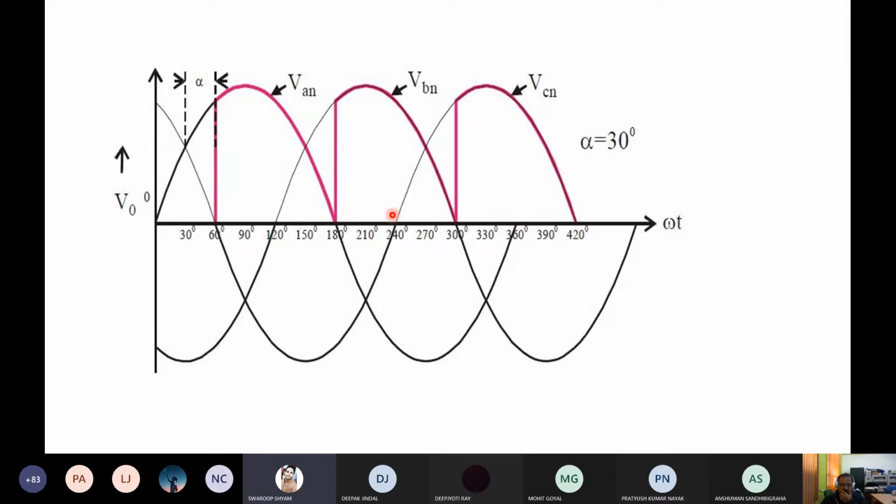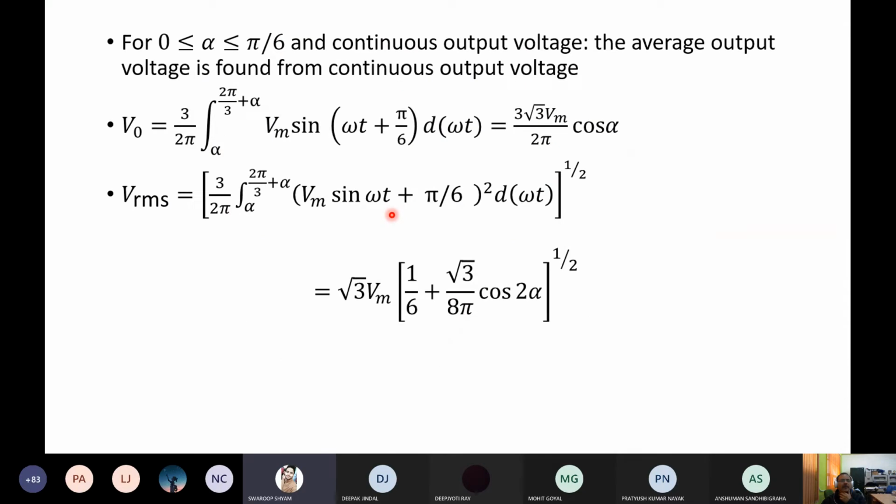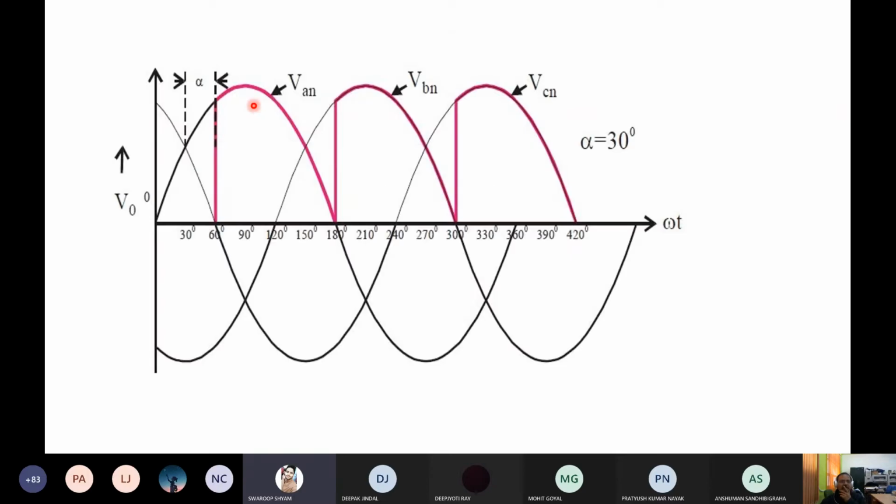Yes, sir. In the calculation, the limits of the integration are from alpha to which one? Continuous or discontinuous? This one. So the graph, that is what I missed. That is what I am telling you. You draw one here. Just see the pointer. Here it will come. Here it will go. This will shift. Then here. Okay. So it will be alpha to 120 degree plus alpha.